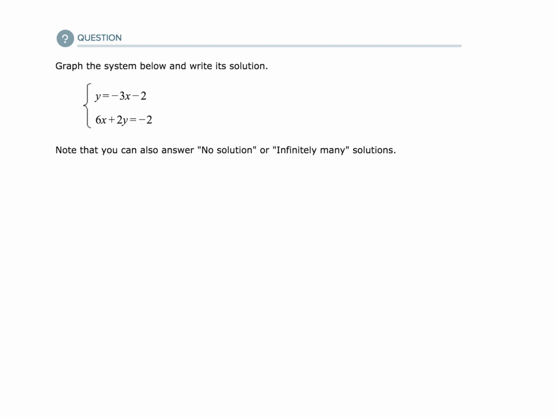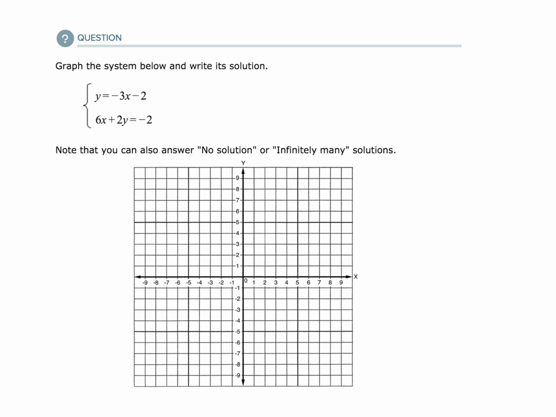Okay, so we want to graph the system below and write the solutions. And the answer might be no solution or infinitely many solutions. Okay, so here's some graph paper. And remember, to graph an equation, you need 2 points. You can often have more than 2 points if you want to be sure, but all you really